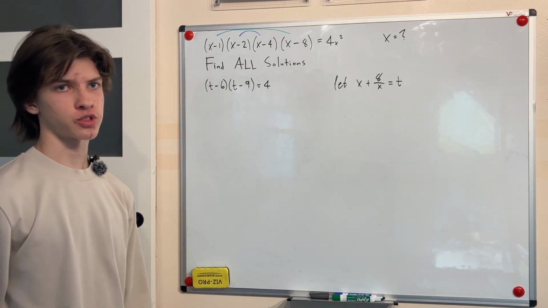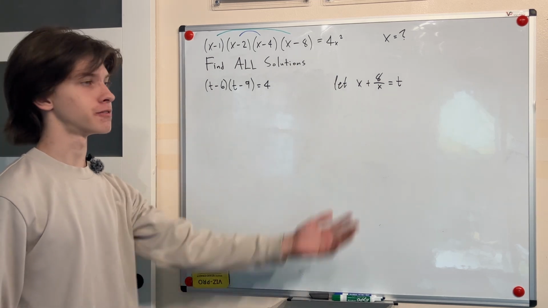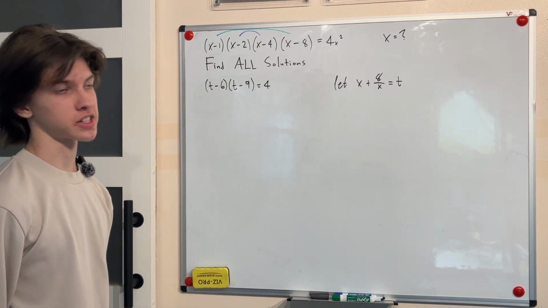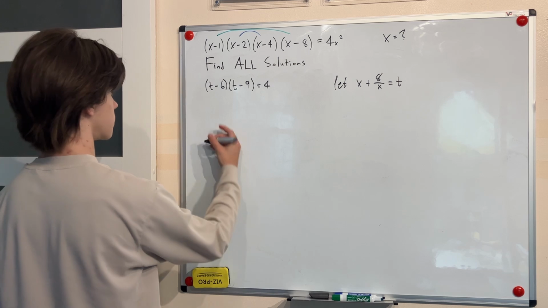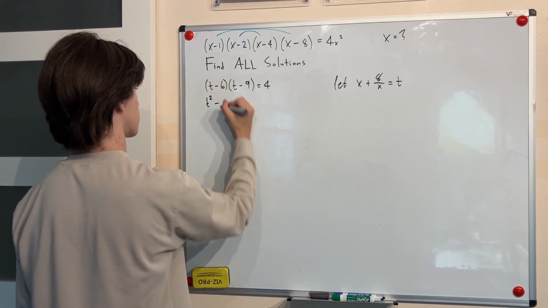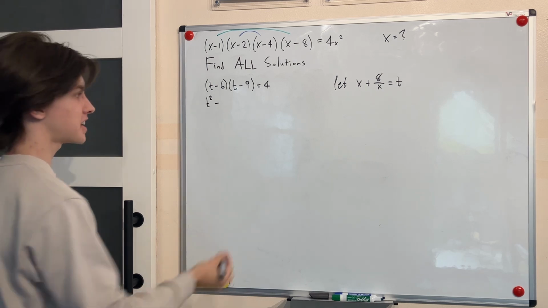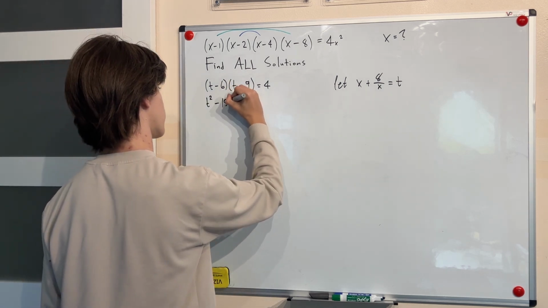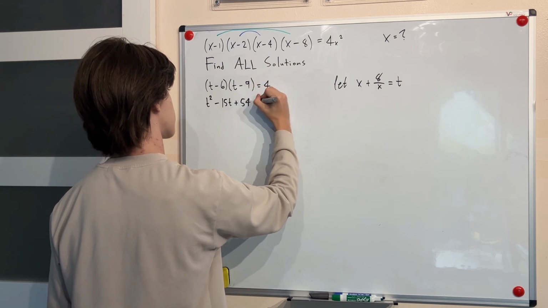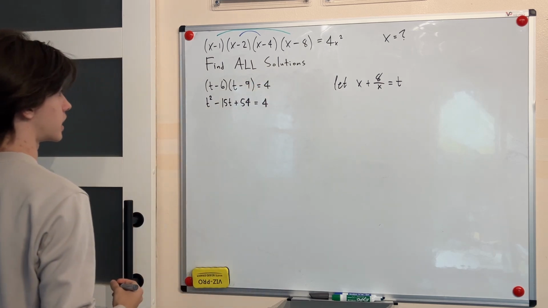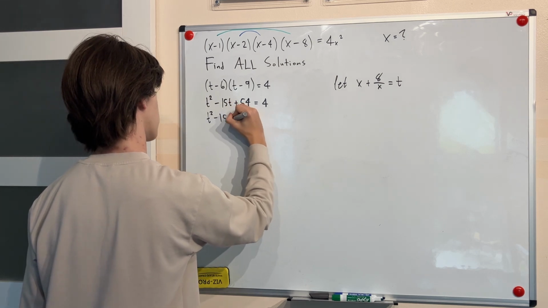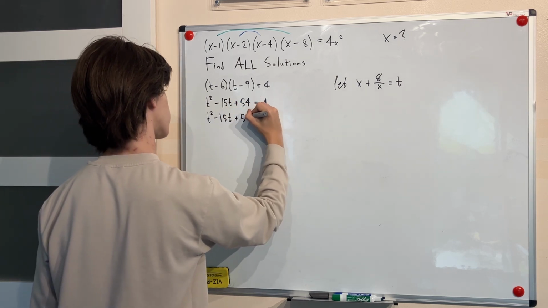We can quickly solve this quadratic to find values of t and then find the values of x. So let's quickly do that using our standard quadratic solving methods. So using this, we can open it up real quick. We get t squared minus 6t minus 9t, so 15t, and plus 6 times 9, which is 54. That's equal to 4. Then if we move over 4, we can get t squared minus 15t plus 50 equal